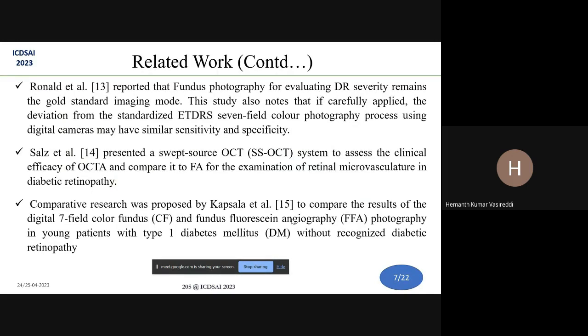And coming to the literature with respect to these various image modalities, Ronald et al. went with the CFPs as a data set, and he